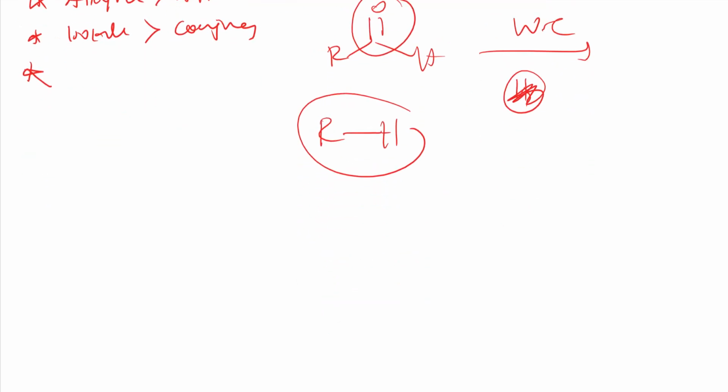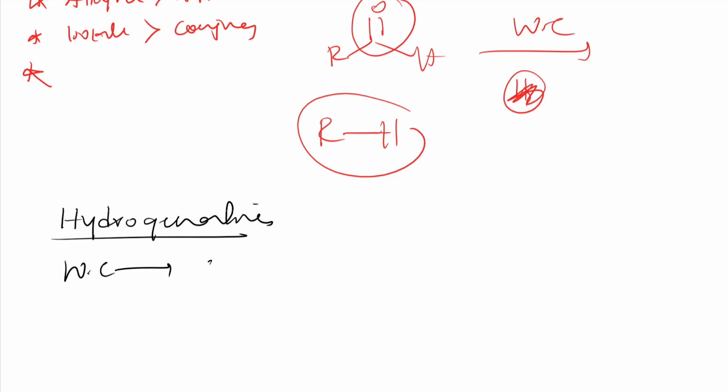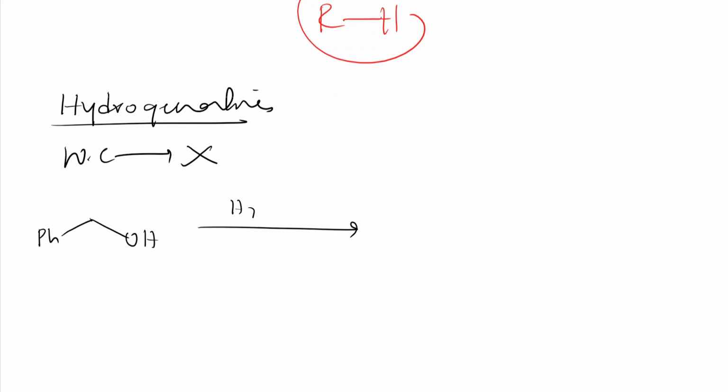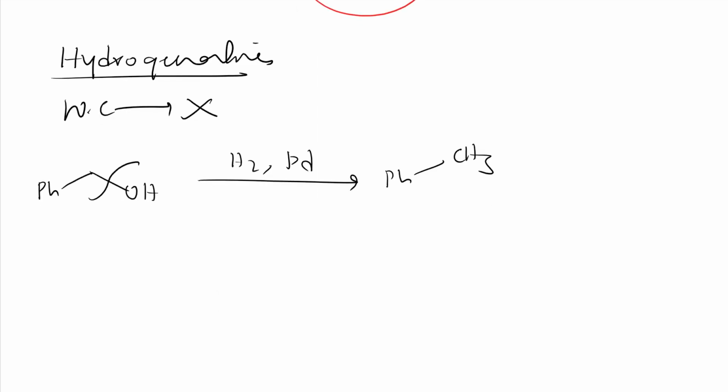So these were the few applications. And coming to hydrogenolysis, there is a small topic, let me explain. This Wilkinson catalyst does not do any hydrogenolysis. You will ask, sir, what is hydrogenolysis, right? Let me give you a few examples. I have a PhCH2OH group. To this, if I add hydrogen in presence of palladium, this bond will be broken and it will convert to PhCH3. CH2 was there, now it becomes CH3, right? So this is what we call hydrogenolysis.